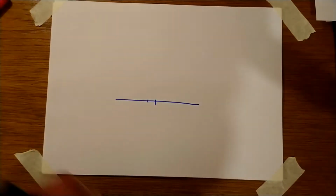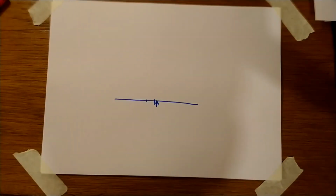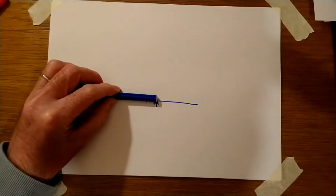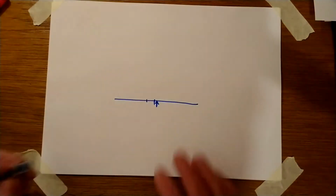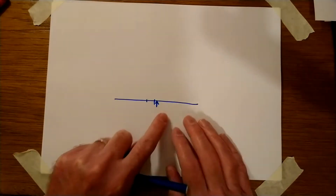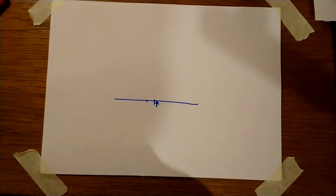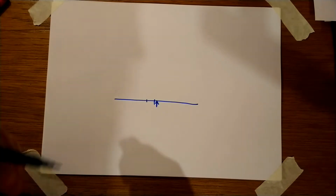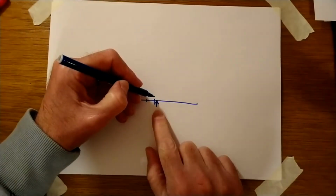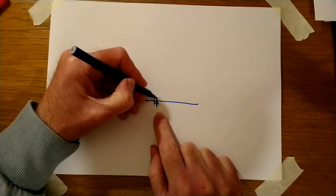It could still do with coming to the right a little bit. So let's put it there. I think that's going to be pretty close to the midpoint. Now it doesn't matter whether you get this right first go or 10th go. The point is just to practice whenever you've got 5 minutes free, and it'll just get better with time. Anyway, from this little arrowhead, I'm going to draw as best I can a line going up